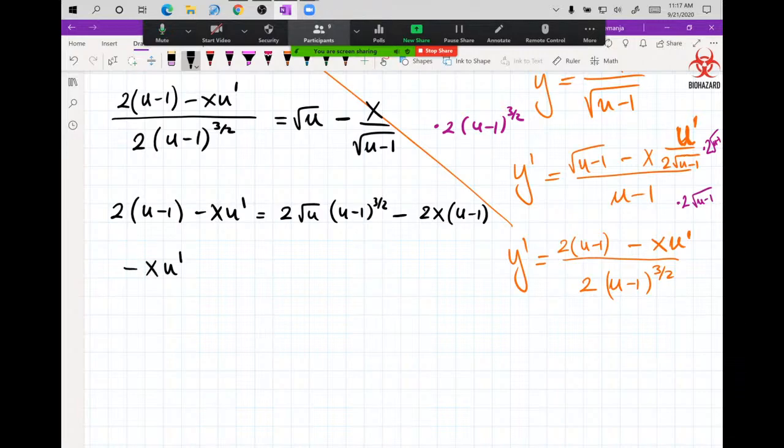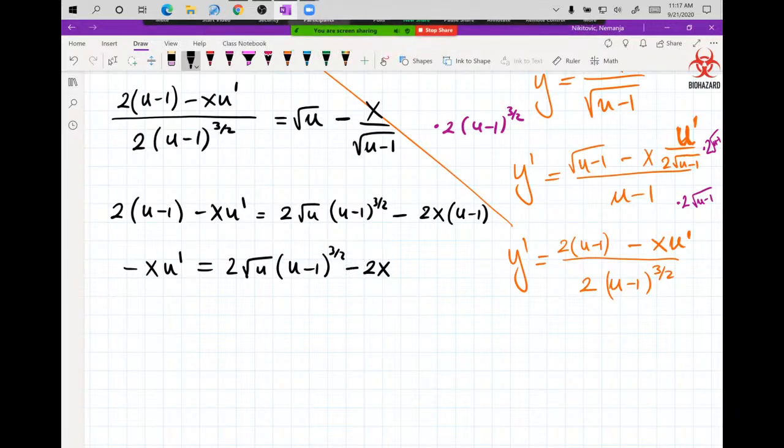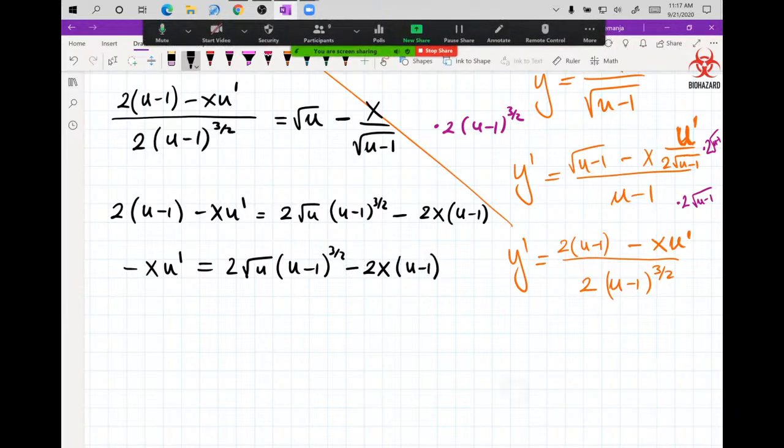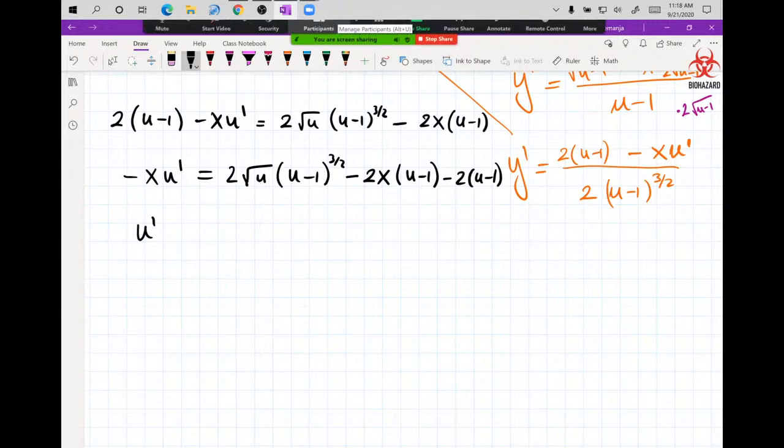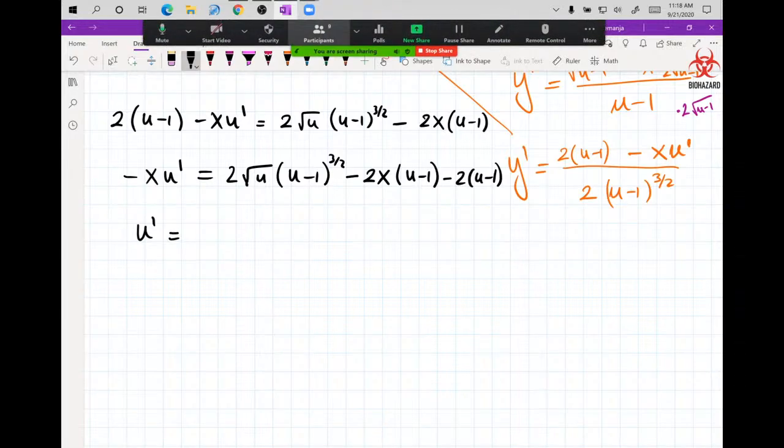Negative x u prime is equal to 2 root u minus 1 to 3/2. Looks like I will have to meditate on this one to find proper. I mean, it could be double substitution. It could be, let's see. So y prime, when I divide by negative x, we get negative 2 root u minus 1 to the 3/2